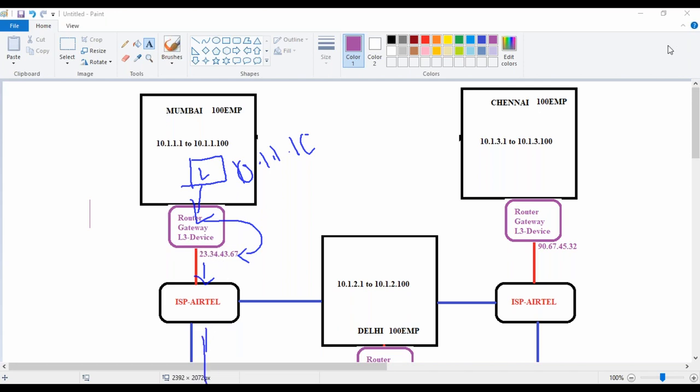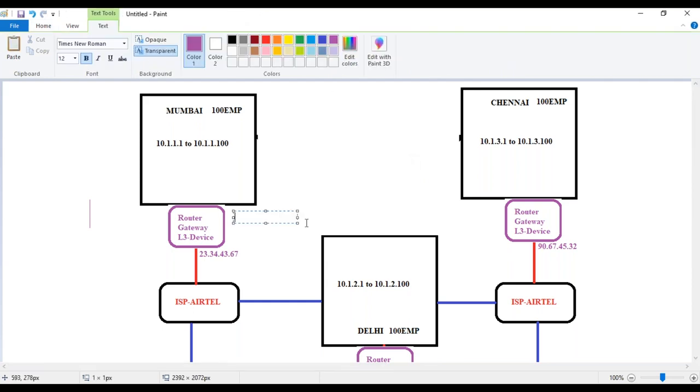The same thing happens everywhere, even in your home, right? When you are accessing google.com, it goes to your router, your modem actually, or your wireless router, and it converts into the public IP and is sent to the internet. This process of converting the traffic from a private IP address to a public IP address to communicate with the outside is called network address translation. You are going to use this word multiple times in Azure, guys.